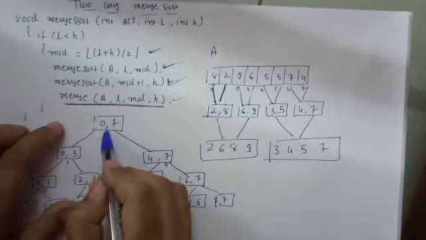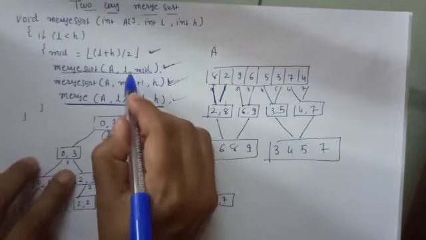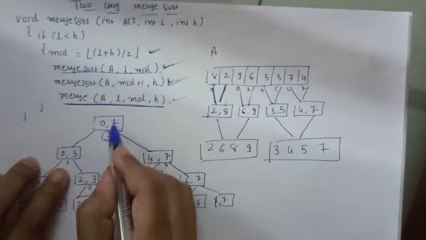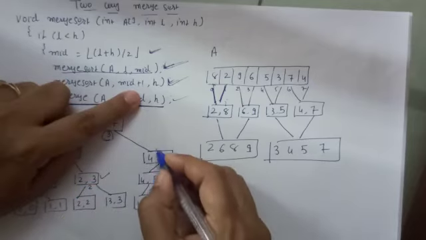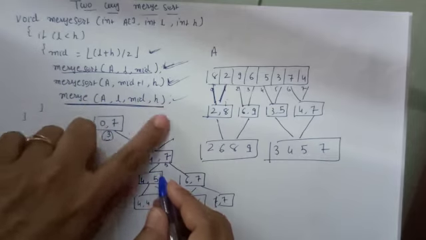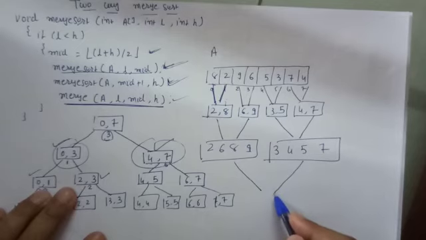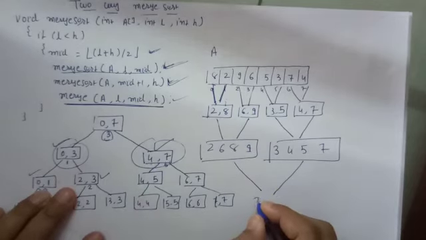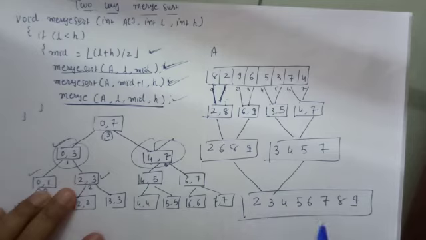Now for this call 0 and 7, we have calculated mid, that is 3. We have called this merge sort, low to mid, that is 0 to 3, that is completed. We have done mid plus 1, 3 plus 1, 4 to 7, and this one is completed. Now perform merging on low, mid and high. So on this and this, merging would be performed. That procedure would be called, giving 2, 3, 4, 5, 6, 7, 8 and 9. This procedure we have already discussed in my earlier video. So that gives us this.